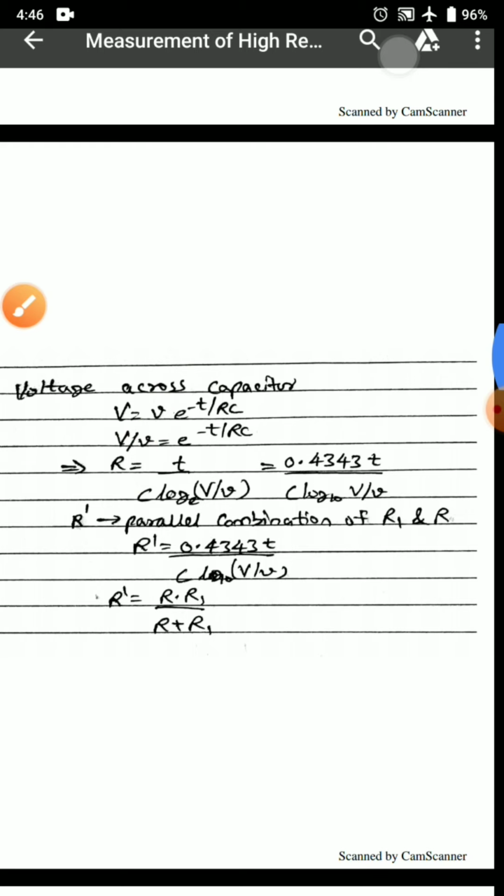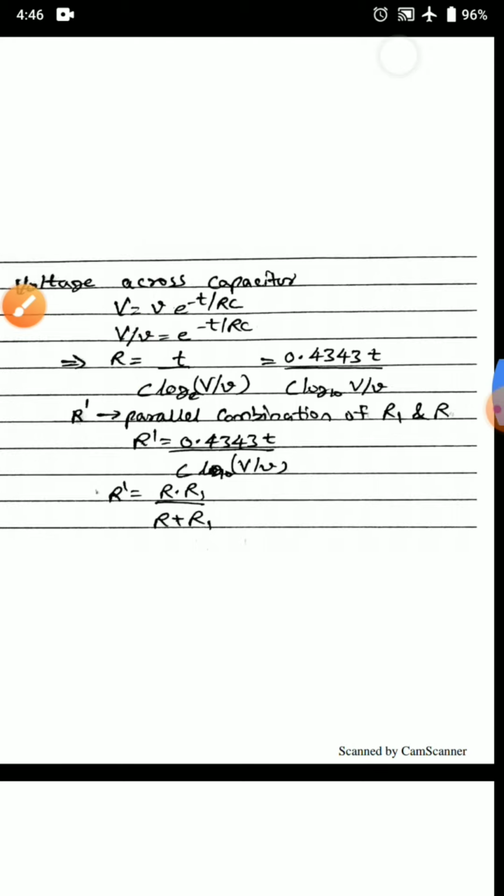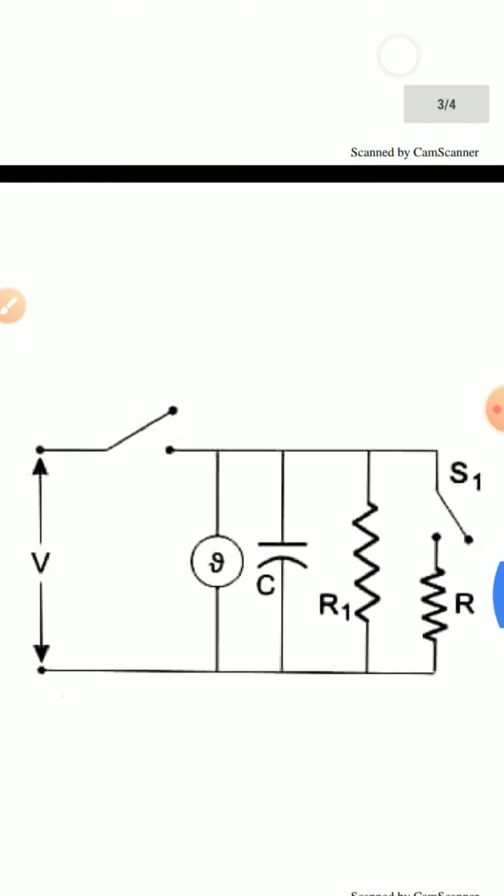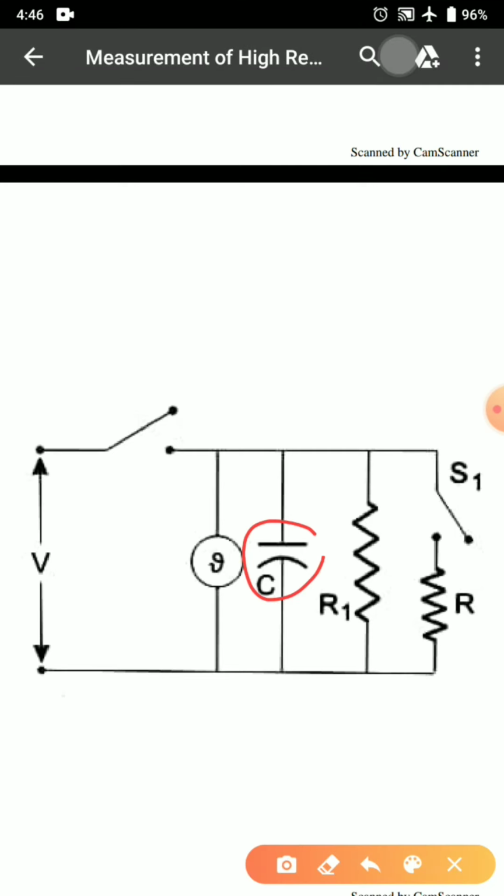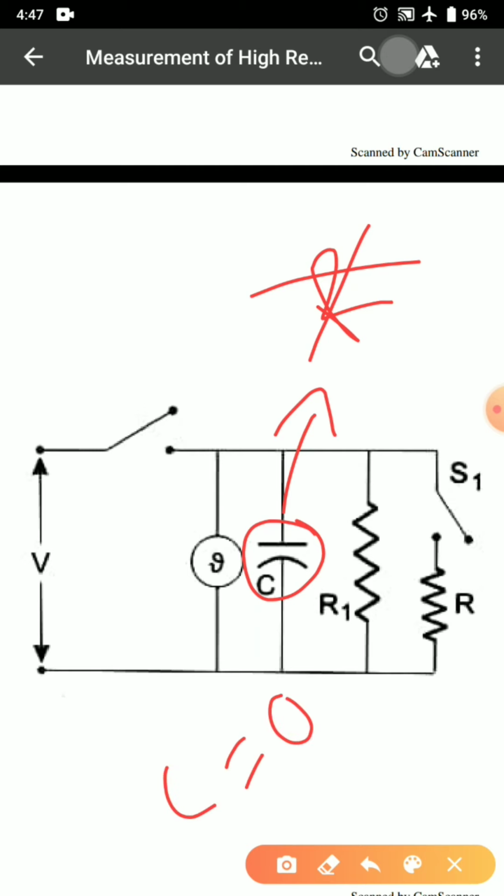But this has a small problem. What is the small problem that we are having? For example, if I have a capacitor and I charge it, and I am not connecting it to any resistor, even then we can clearly see that the capacitor gets discharged. The charge across the capacitor becomes equal to 0. Now why is this discharge happening?